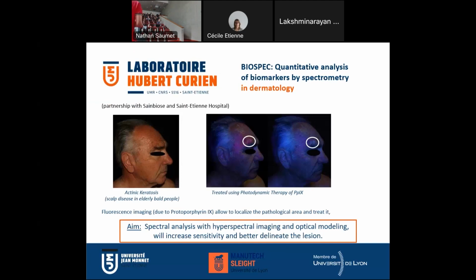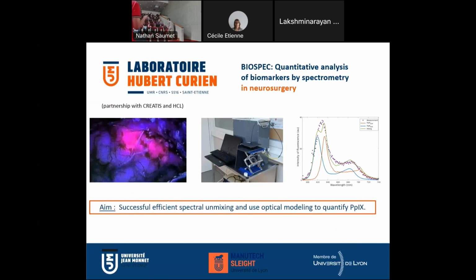And the aim of the BIOSPEC project in this thematic is to do a spectral analysis using hyperspectral imaging and optical modeling to increase the sensitivity and also better delineate the actinic keratosis during the treatment. And on another clinical application, we're also working in neurosurgery, where the neurosurgeon wants